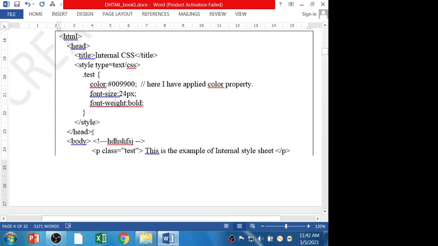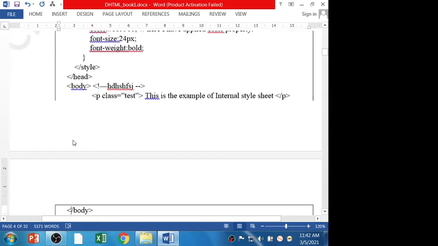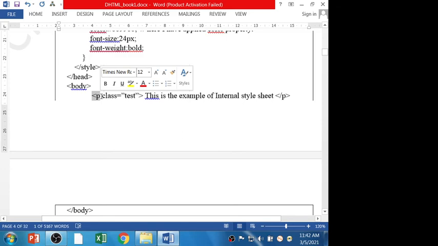Then I close the head tag, and then I can start my body tag. In the body tag, you can see that I have used the paragraph tag. I want to apply the CSS properties to this p tag content, right?